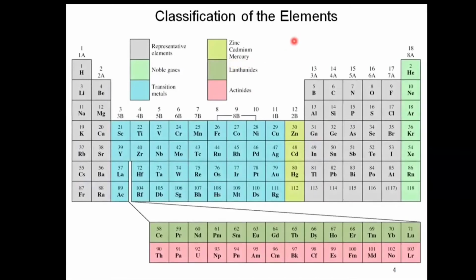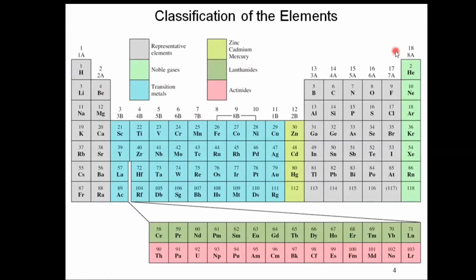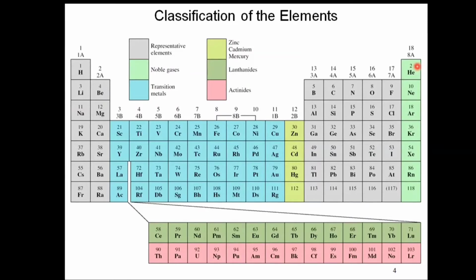Now you know that there are 4 blocks in the periodic table: s, p, d and f. These blocks contain different elements. The elements from 1A to 8A are called the representative elements. You can say that s block and p block elements are the representative elements. Mostly the noble gases show exceptional behavior towards the general trends because their octet is complete. So the representative elements mostly include 1A to 7A. Noble gases have exceptional behavior.